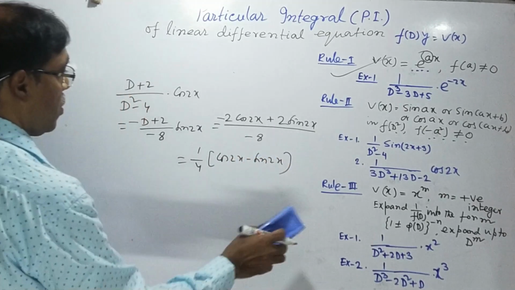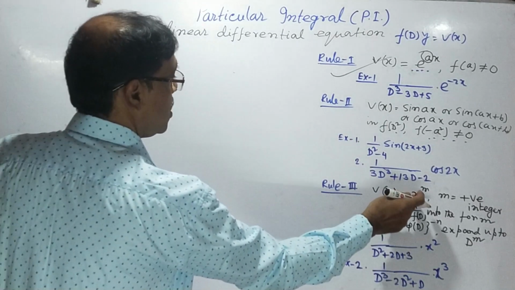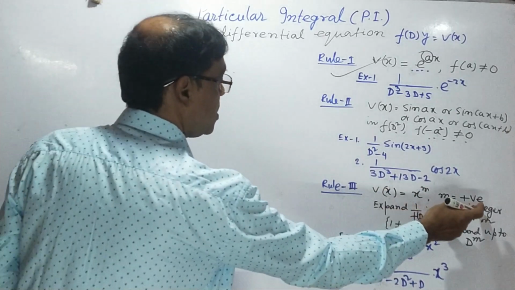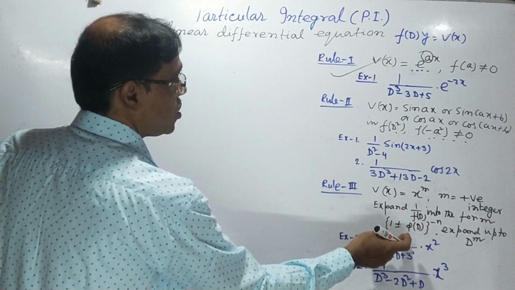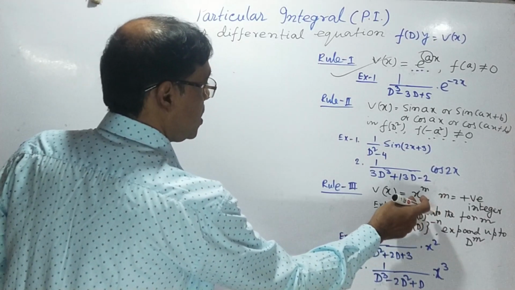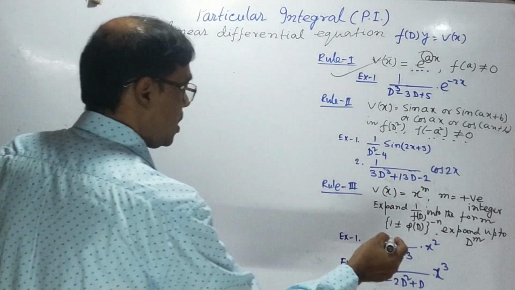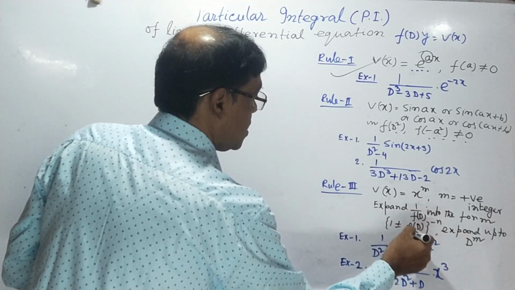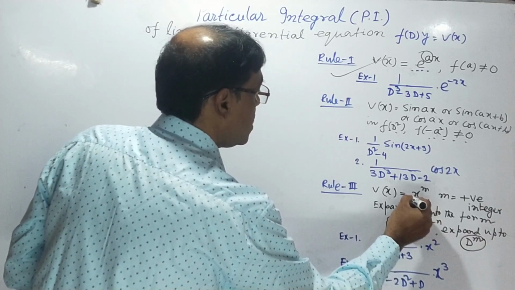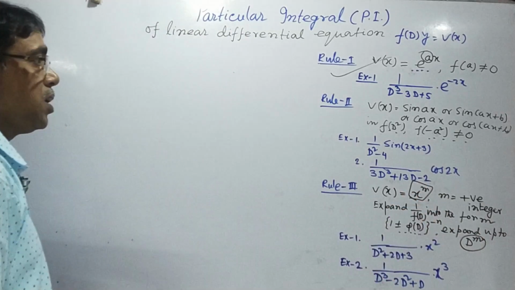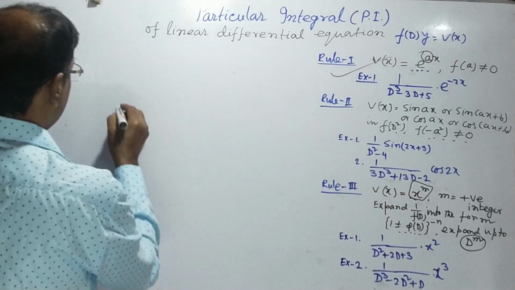Now rule 3, when V of x is of the form x to the power m, where m must be a positive integer, then we expand 1 by f of D into this form and then operate this with x to the power m. But we expand this up to the power of D to the power m, as the power of V of x is x to the power m. Now for the first example,